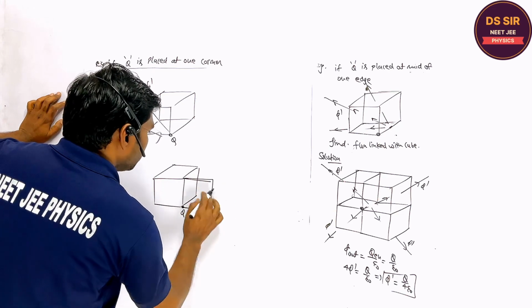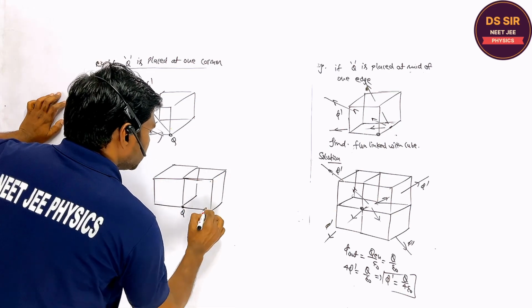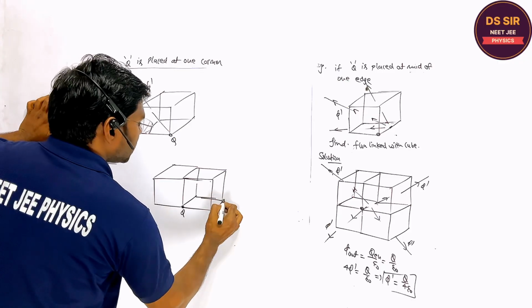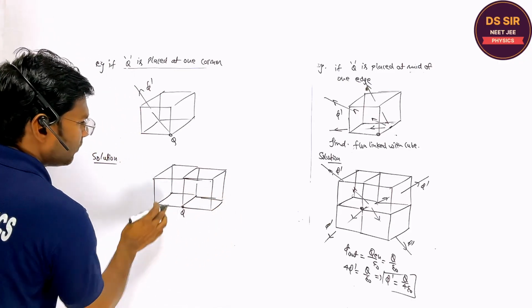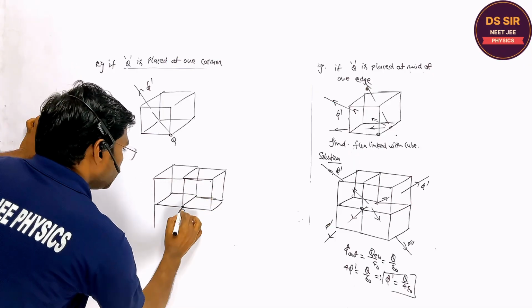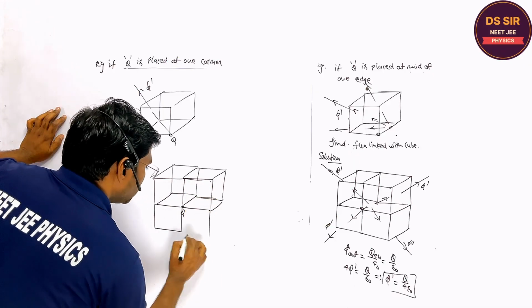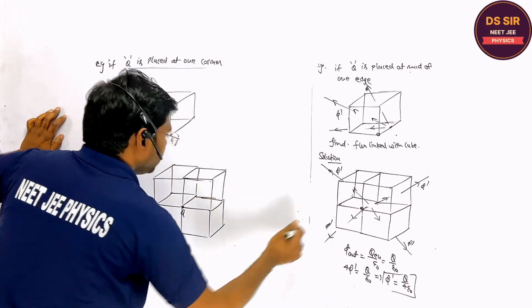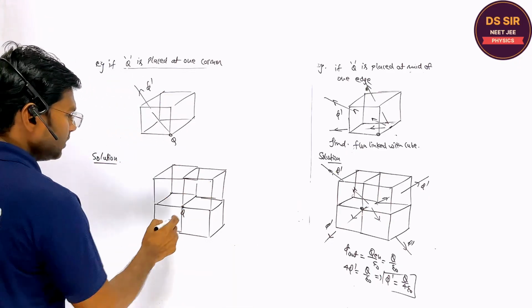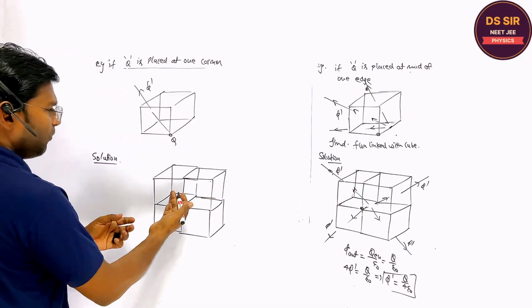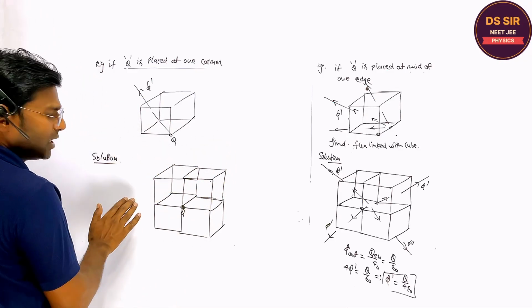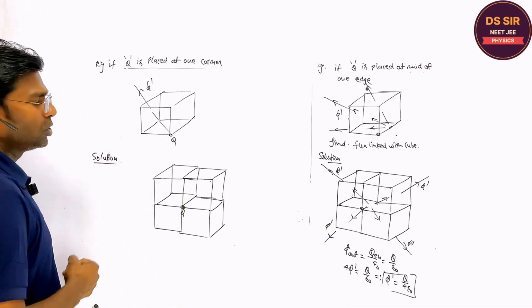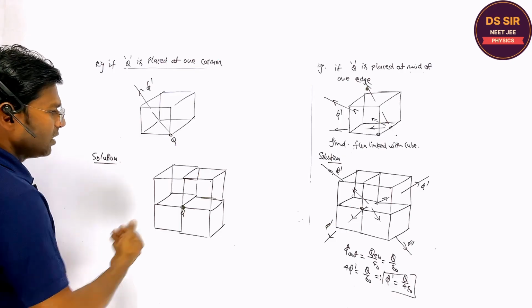One cube you can place beside it like this, and one cube just below this as shown in this figure, and you can suppose 4 cubes are behind this charge q,